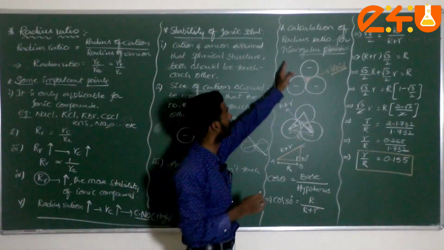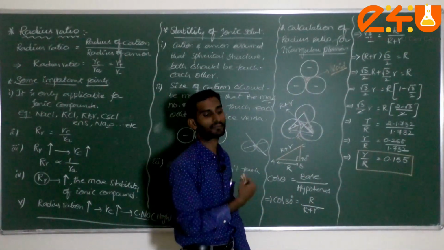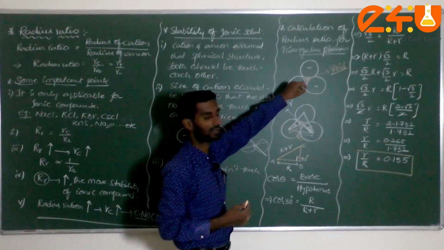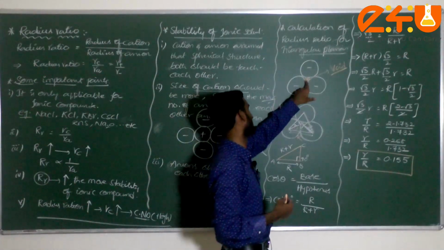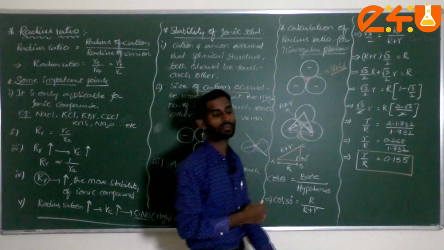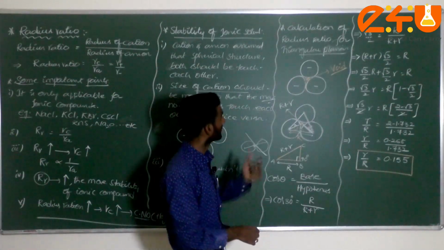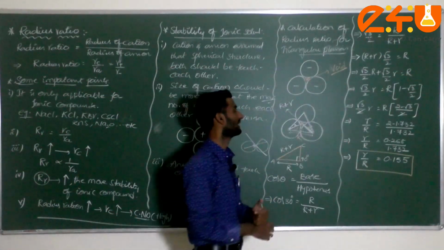Okay dear student, this is the way we calculate the radius ratio for this type of solid, a triangular planar arrangement. Three atoms touch each other, and how much space is left after these 3 atoms touch, that is called a void. It is also called a hole, or an empty space.